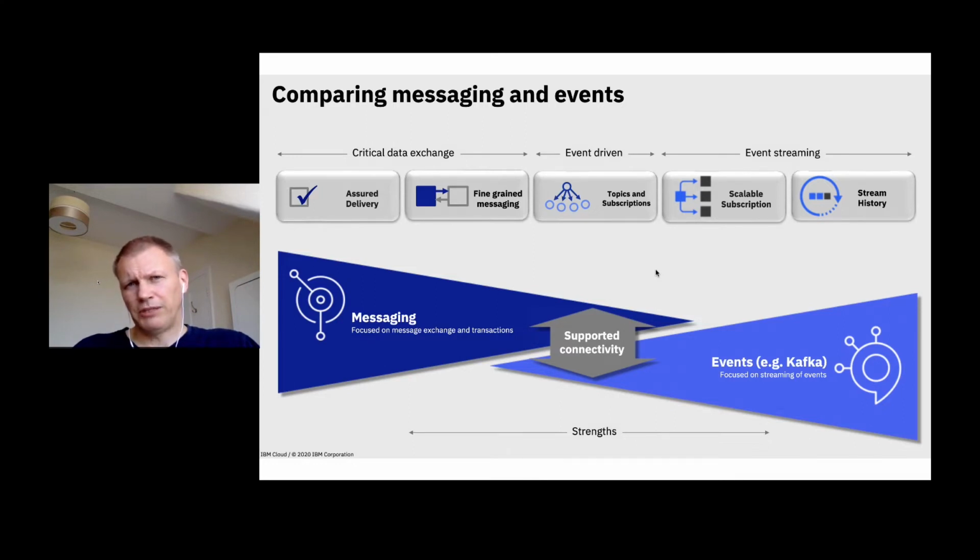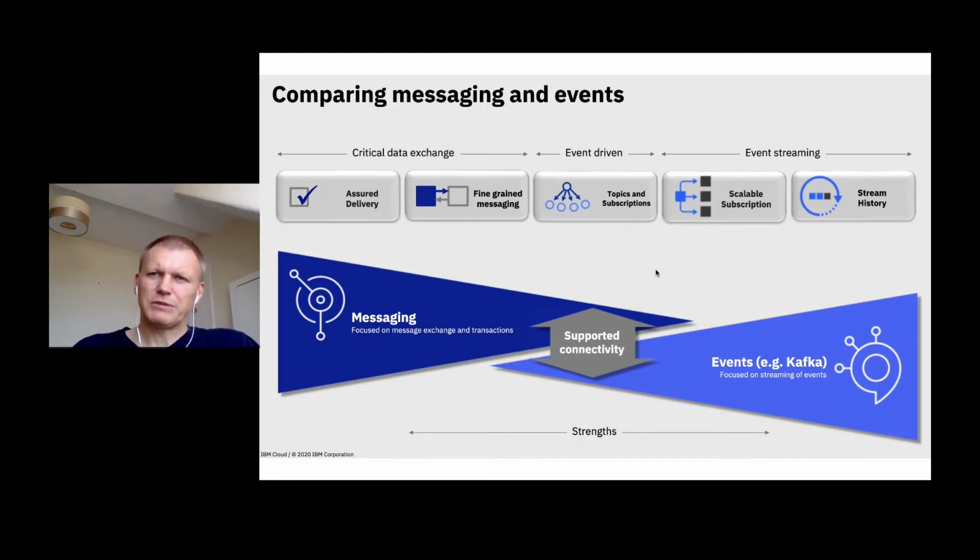With Kafka, the really big difference is that it is based on an event log. So it holds a stream history of all of the events that have ever happened. Now, why is that important, and why does that somehow change the game? Well, it means, for example, one of the things you see here is scalable subscription. If you want to see an extensively large number of subscriptions to a topic, there's very little work being done by the Kafka servers in order to serve that up,